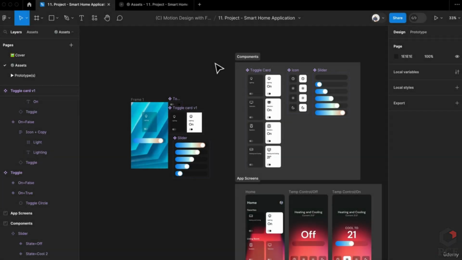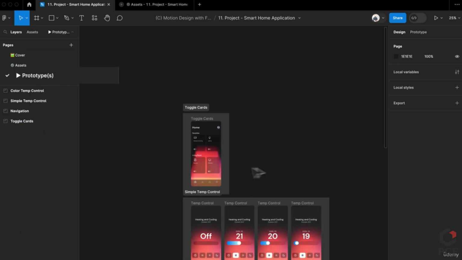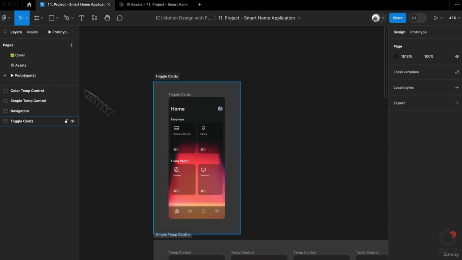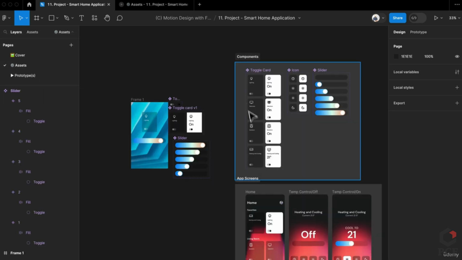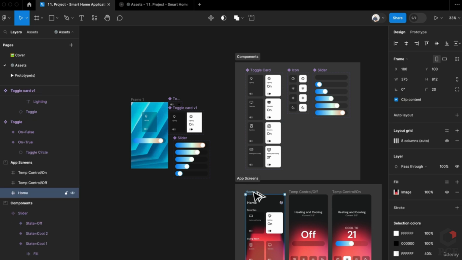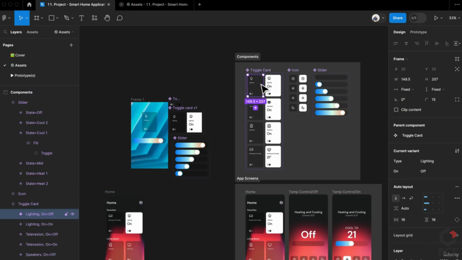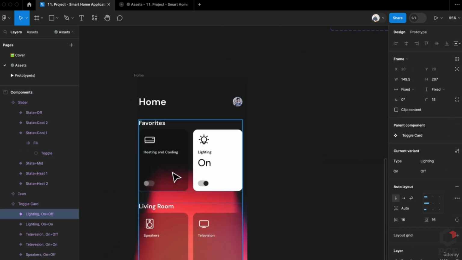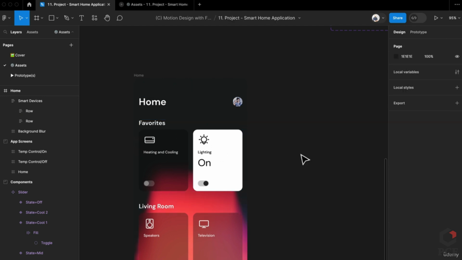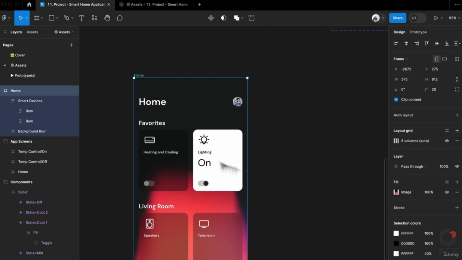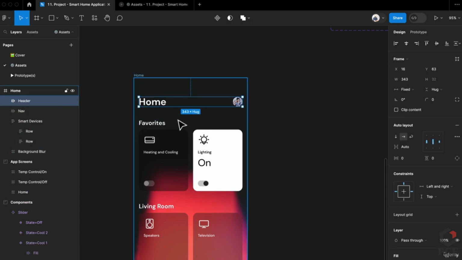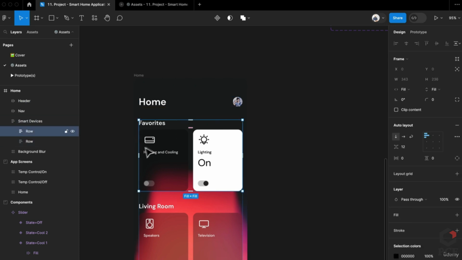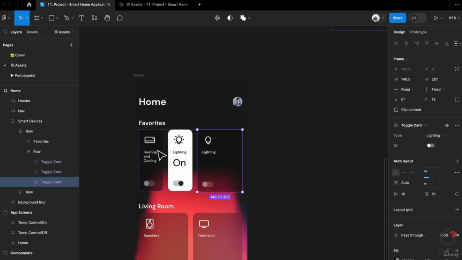Hey everyone, and welcome back. We have our prototypes here, and we have this already kind of set up for you, but I want to show you how I put it together. Since we already have the toggle cards, we're going to use these ones that I built originally, and we can just take this out, and you can decide how you want to place these in, because I have these all set up as a nice auto layout container. So this is auto layout, this is auto layout, and you have the row. So in this row over here, you can put